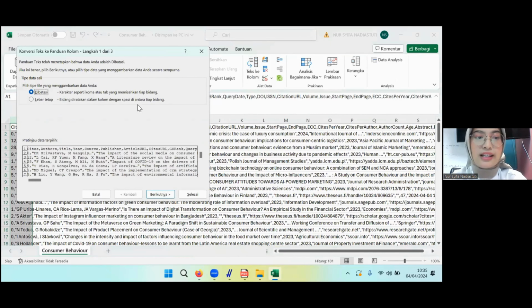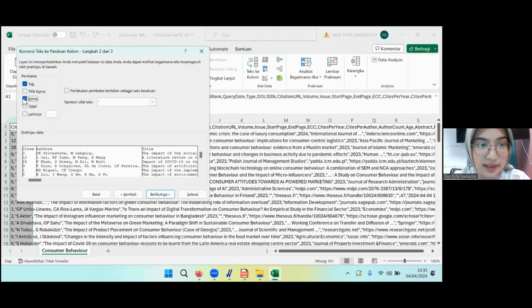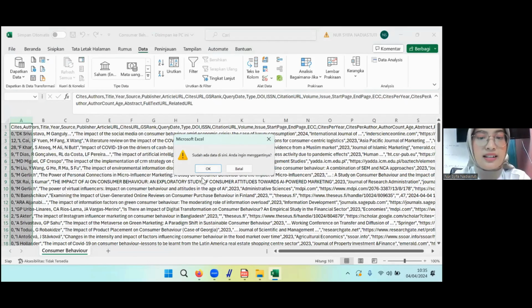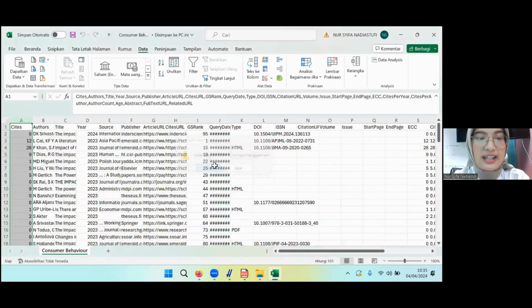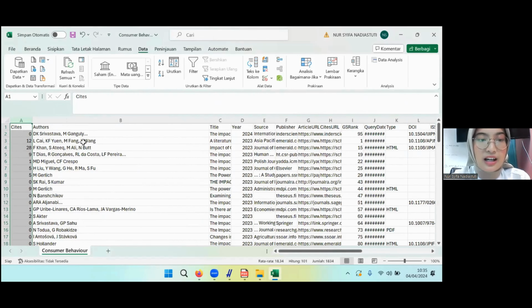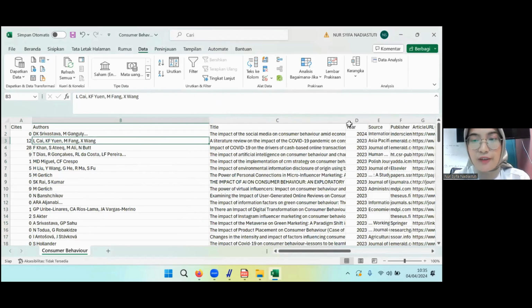After you click Text to Columns, you can choose Delimited, and then you can check Tab and Comma, and then you click Next and Done. Okay, and it will be one by one column, more efficient.